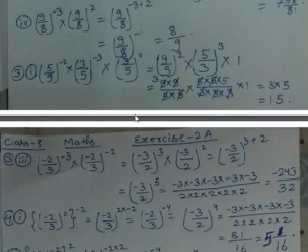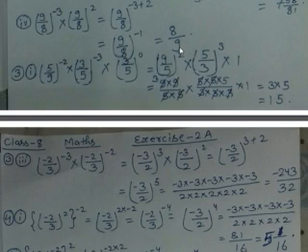Now if we see question number 4, it is (9/8) raised to the power minus 3 into (9/8) raised to the power 2. If you see, the bases are same, so powers will be added, so I had written minus 3 plus 2. Since there are two different signs, it will not be added, it will be subtracted, but the sign will be of the bigger number. The bigger number is minus, so the minus sign will be there, and 3 minus 2 is 1. So it becomes (9/8) raised to the power minus 1. And now when we change this minus 1 into plus 1, it becomes its reciprocal, so 8 will go up and 9 will come down.